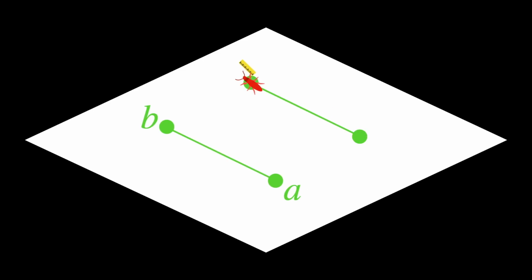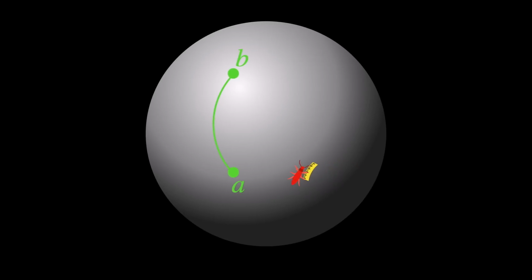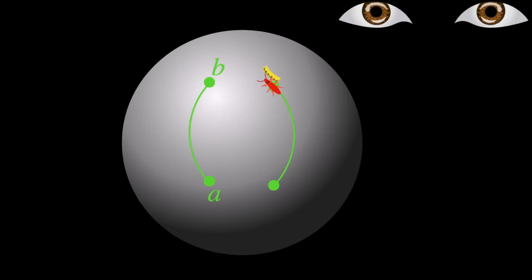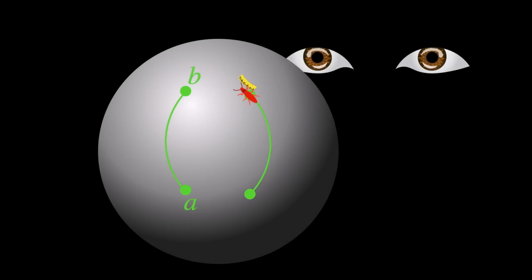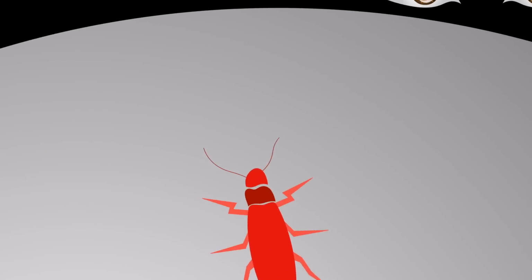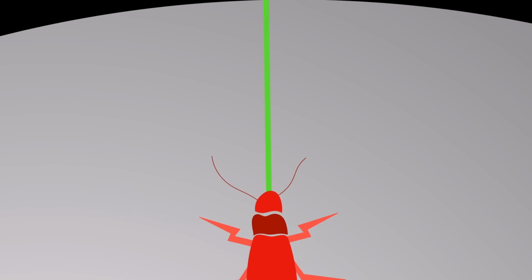But what about the bug on the sphere? He draws a straight line as the shortest distance for him between 2 points. It looks like a curve to us because we have the privilege of a 3rd dimension, which is actually an arc of a great circle. But for him, 2 is the maximal number of dimensions that exist. All he actually knows is that if he tries any other path in his world, it's always longer than his straight line. It's just his empirical knowledge.